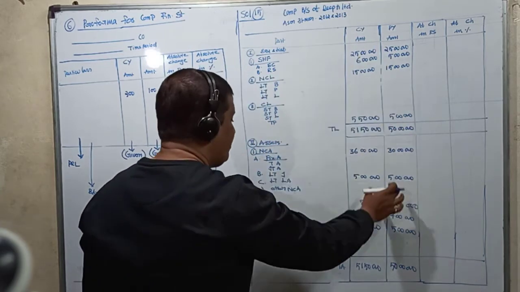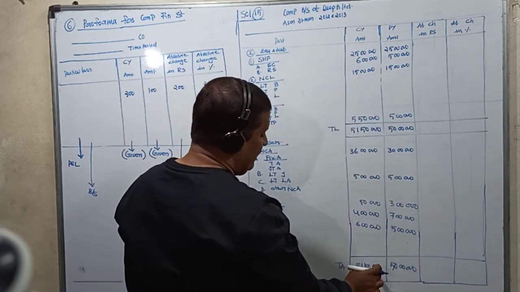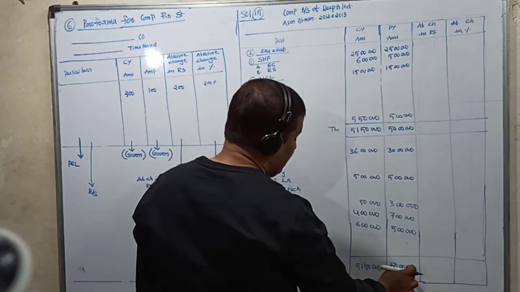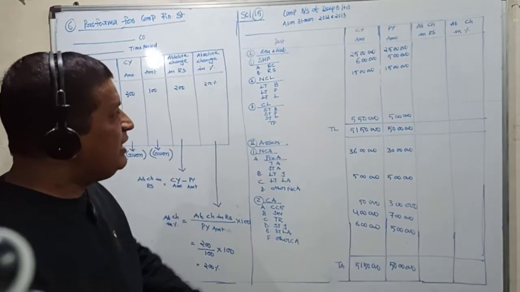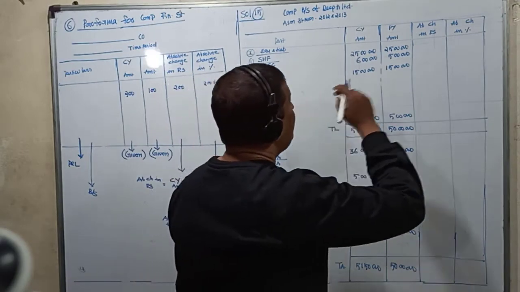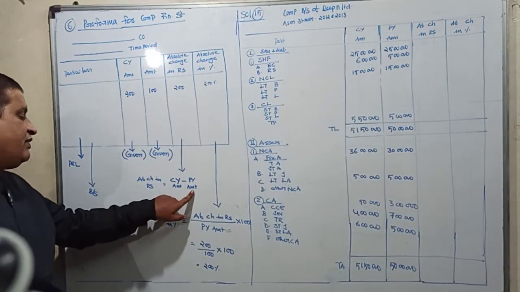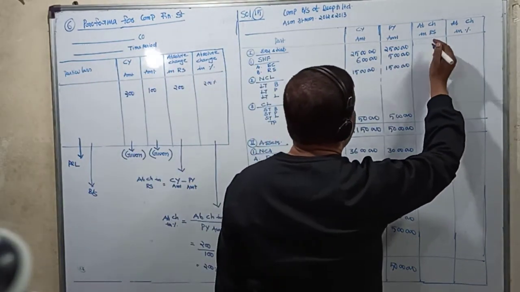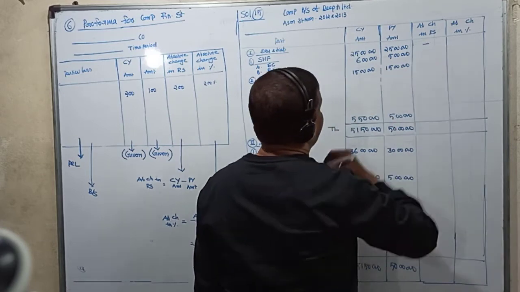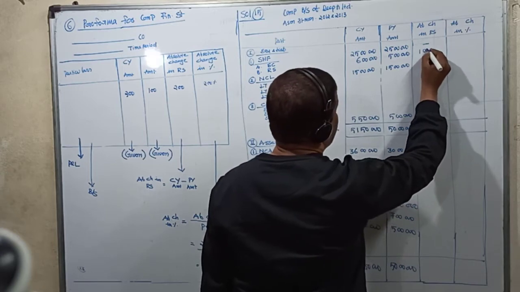So this information, this pro forma, we took directly from the problem, and even these amounts we took directly from the problem. Now we have to complete the rest of the problem. So until here it's actually very easy. Now come here. How did we get the absolute change in rupees? I told you it is current year amount minus previous year amount. So 25 lakhs minus 25 lakhs, it is nil. 6 lakhs minus 5 lakhs, how much is it? It is 1 lakh.